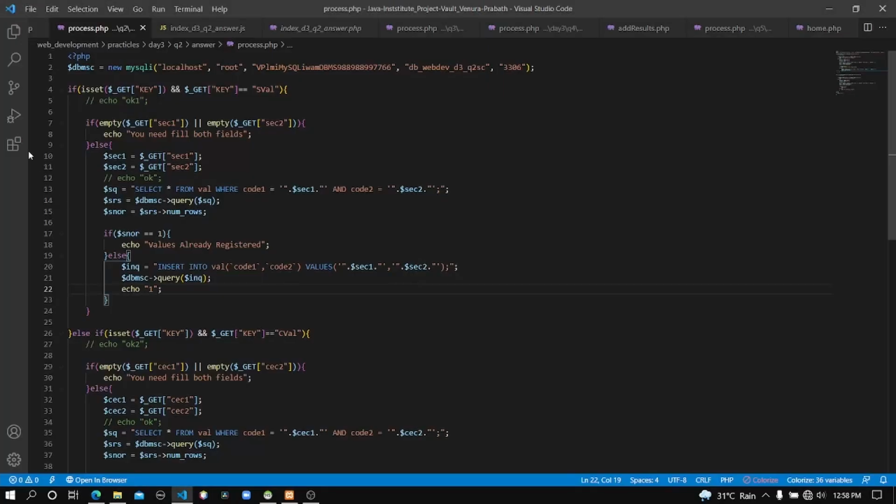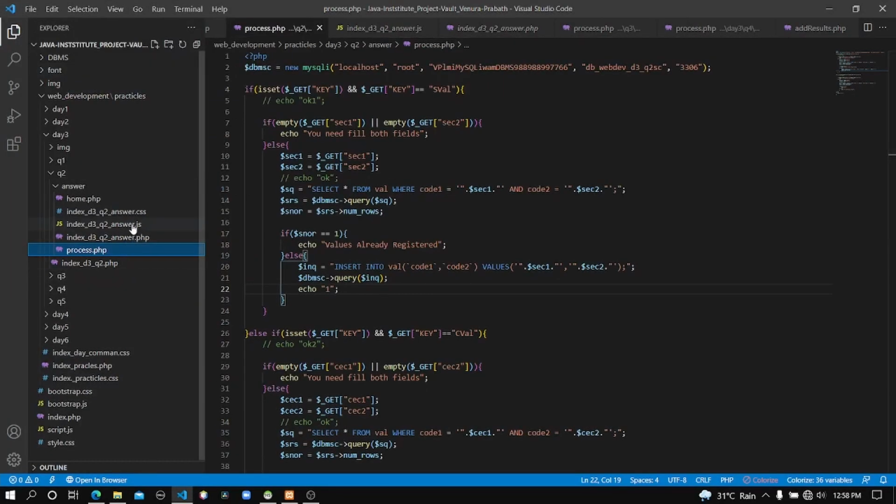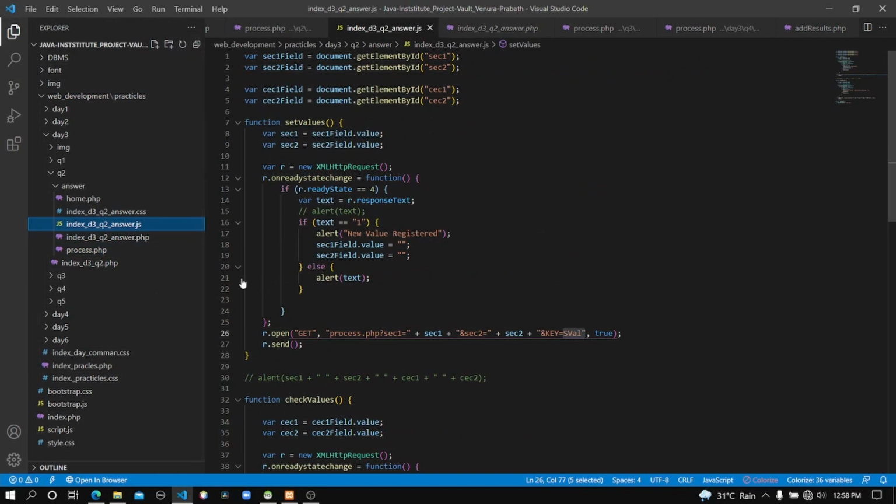And let me go to the JavaScript file. Now I'm going to explain these code lines I skipped earlier, starting from code line 12 to 25. Here you can see I check the state of the Ajax object.